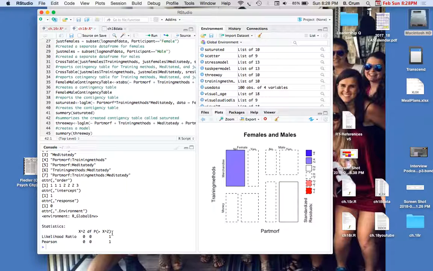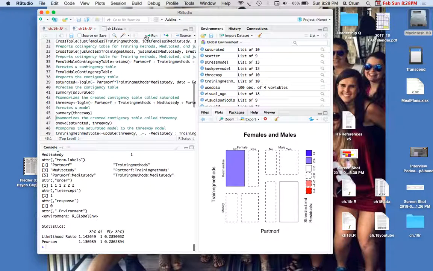Next, we'll fit the model with all of the main effects and two-way interactions, or in other words, we remove the three-way interaction, and we call it threeway. So it's everything but the three-way interaction right here. Now we're going to summarize it to report it. The model has a likelihood ratio of 1.143 with 1 degree of freedom, and the p-value is greater than 0.001, at